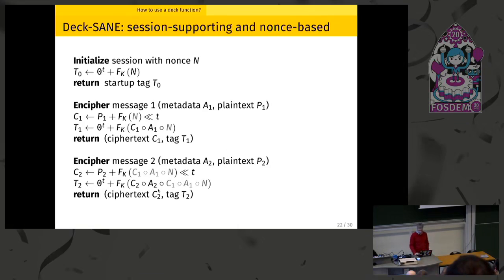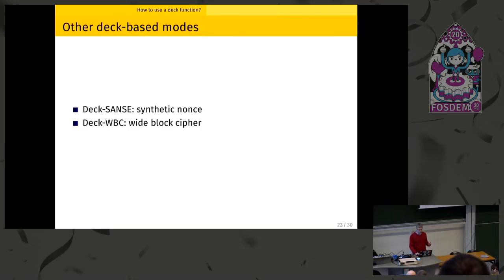Okay. All right, so DeXen needs a nonce. It means that you need to have a sequence number, maybe a packet number, but if you repeat that value, then you get into trouble. So there are other DEC-based modes that we define. One is called Sensei, and the idea is to replace the sequence number by some synthetic sequence number based only on the plaintext. So you don't need to really maintain this sequence number.